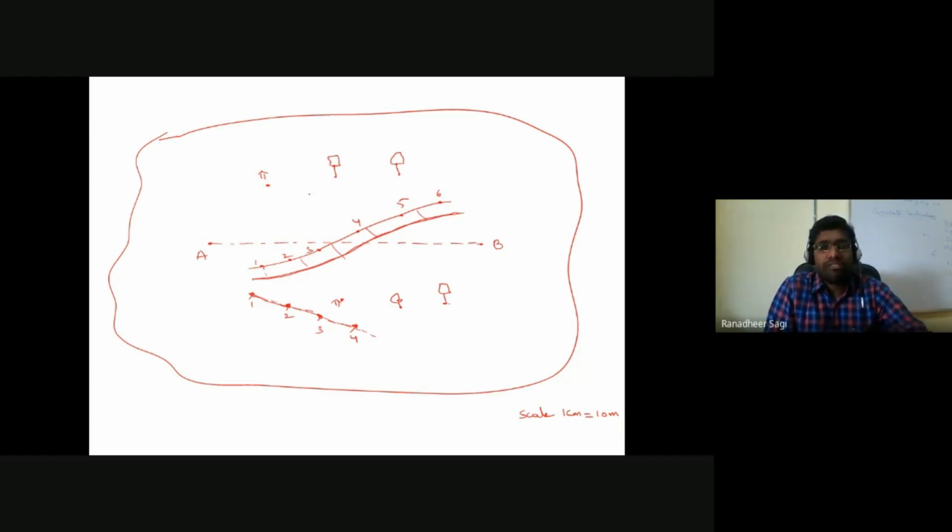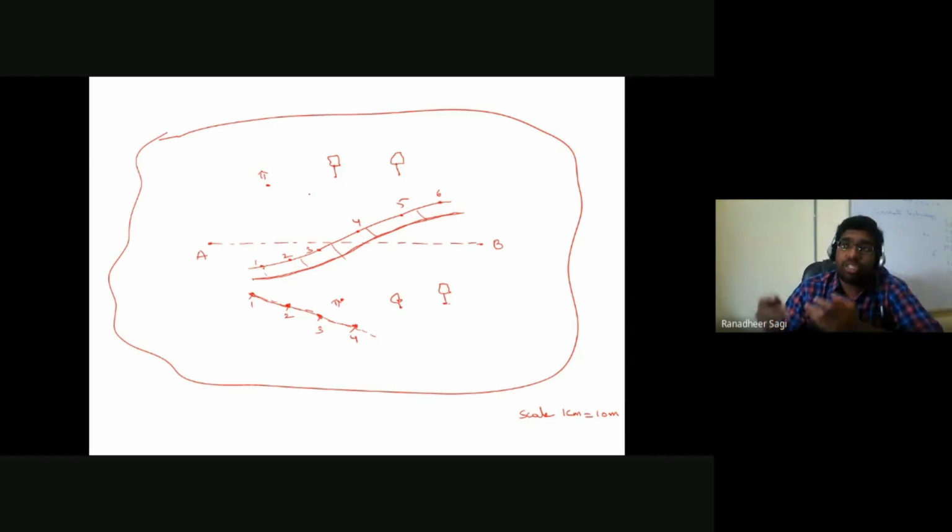Okay, so this is how we are going to prepare the map for that particular region we were looking at. Once the map preparation is complete, the next thing I am supposed to look at is checking the accuracy of the work you have carried out. Accuracy of the work in the sense, whatever work you have carried out in the field. What is the work that I have carried out in the field?